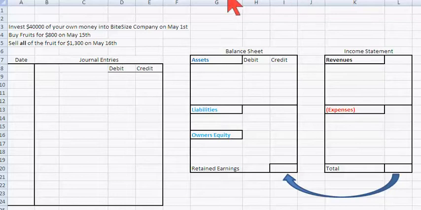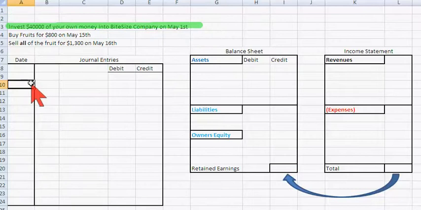Alright, so this one is to show how, when we buy inventory, we book revenue when we sell that inventory we buy. So let's start. We invest $40,000 of our own money into Bite Size Corporation, and that's on May 1st. So we're going to start putting dates now since it's important. May 1st,